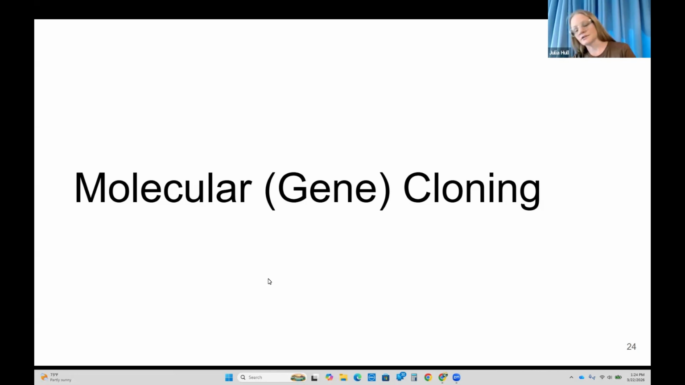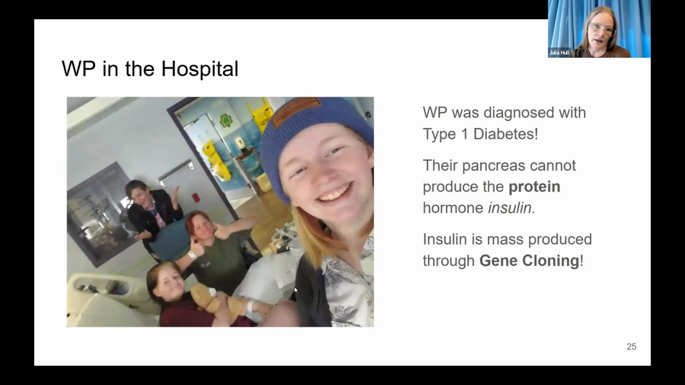All right, so this molecular cloning, it's also called gene cloning. That's why I threw them both in here. All right, so